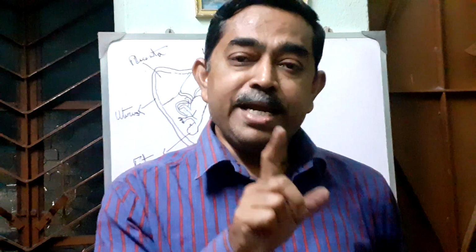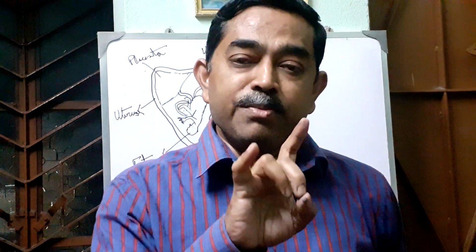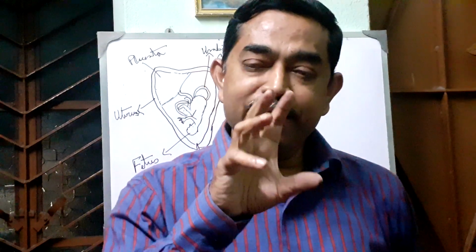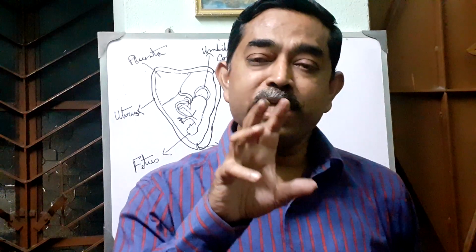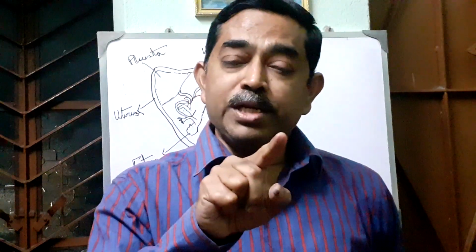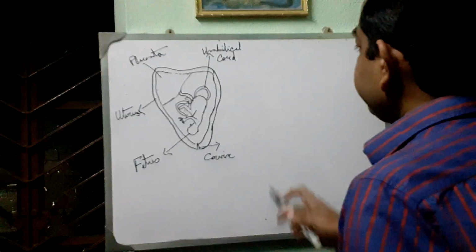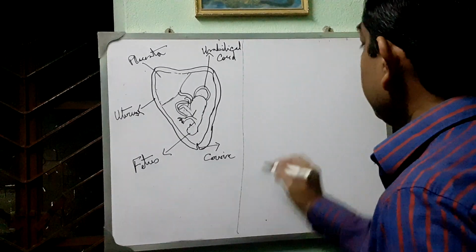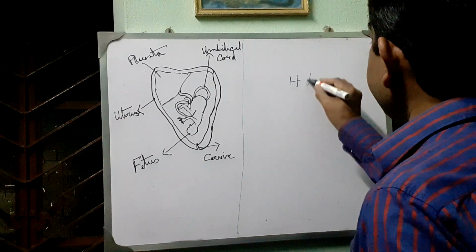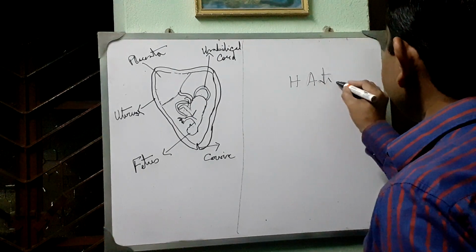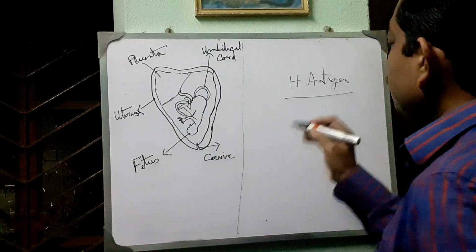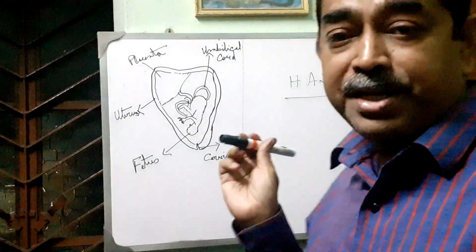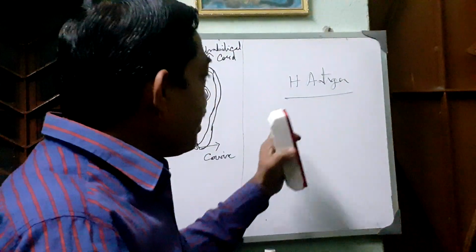Means actually, the gene, the allele A, for A antigen, will produce the enzyme which will act on the H antigen, one single antigen. H antigen is the precursor of A and B antigen, which will ultimately be converted into A antigen and B antigen